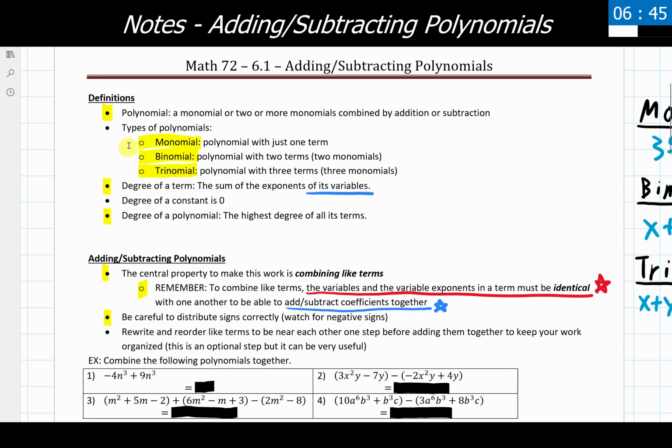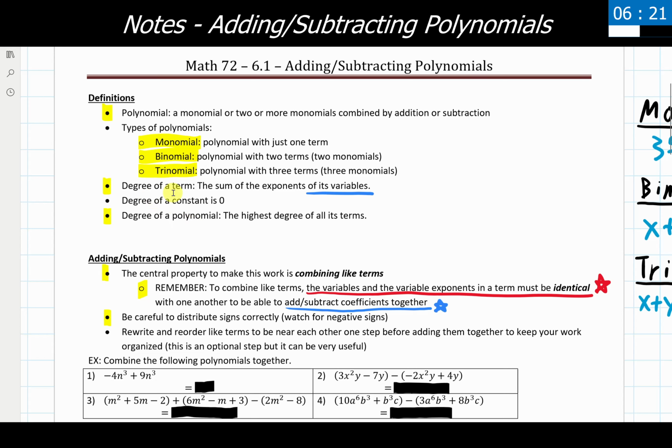These are the main three that show up the most frequently. Now from there, we do have a couple questions that can show up and be asked where we're told to describe what is the degree of a term. So we need to make sure that we're being very specific here with the degree of a term versus the degree of a polynomial. They go together, but they are two separate things.